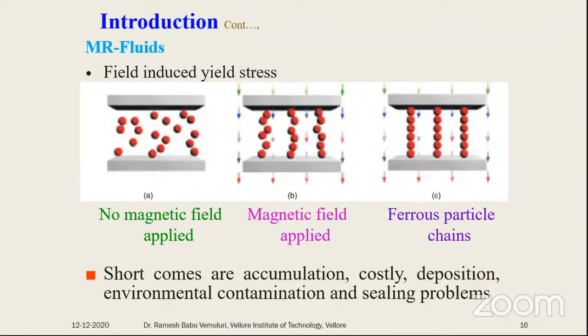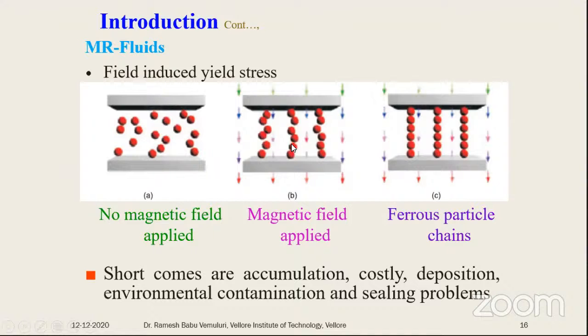overcome this, there is one more rheological fluid called the magnetorheological fluid, where, when compared with the electric field, the magnetic field requirement is very low. And here you can see this stress-strain diagram also. It will go mostly in the plastic stage. Here also the same concept applies, where the state can be changed. You can observe here there is no magnetic field. It acts like a fluid, and then once we apply a magnetic field, these iron particles